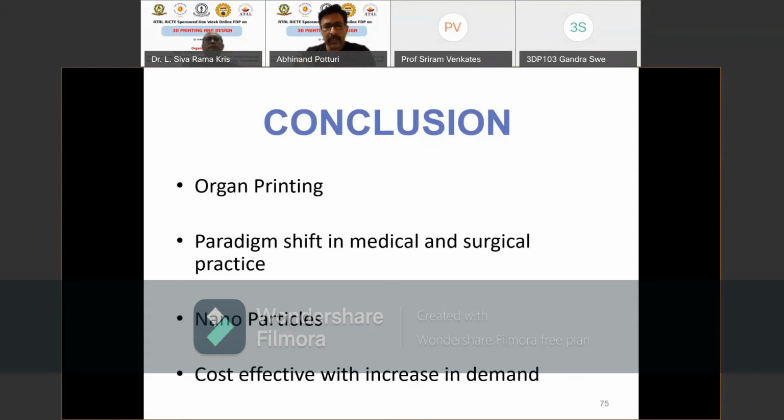And there are a lot of nanoparticles, as I'm sure you're all aware, which are coming into practice now. Nanogels, they are called, as we are working on them now. These nanogels will make this 3D printing technology even more user-friendly, even more patient-friendly, and easy to print and easy to use on the patient. Also, as I said, with an increase in demand, the cost factor will come down even more. Previously, a 50,000 rupee mandibular model, now we can print it for just 3,000 to 5,000 rupees. That's a huge difference which has come over many years.